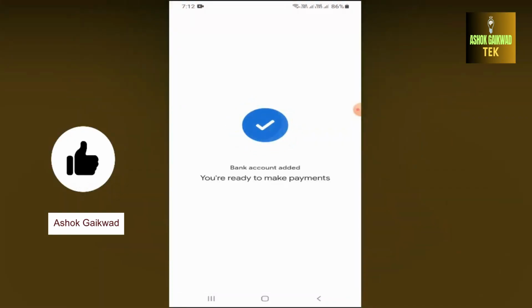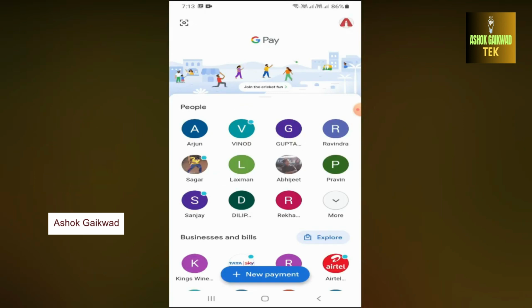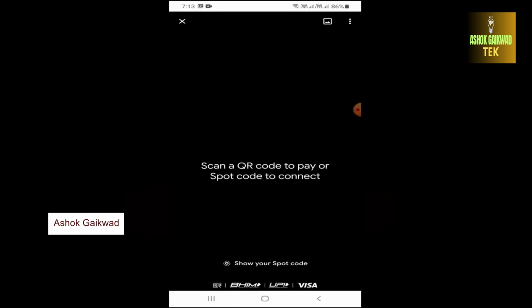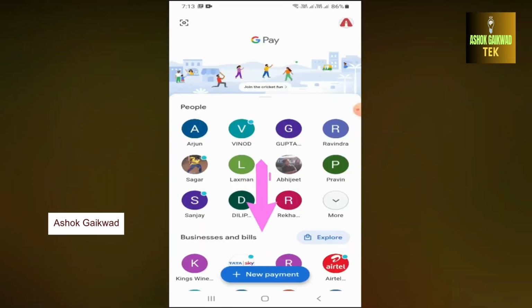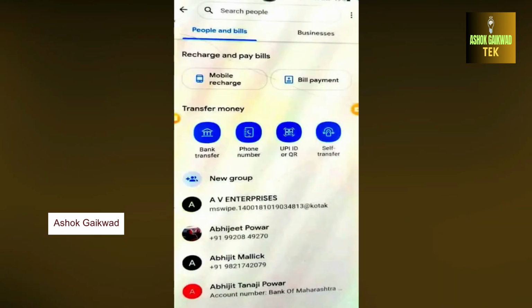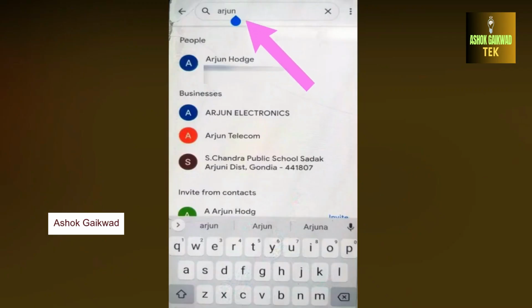Okay. So now I am showing you how to make a payment. You just click on the scan code option. You can see it at the top left corner, or you can click on the make a new payment option. Okay. In the new payment option you can see there are many options like mobile recharge, bill payment, bank transfer, phone number, right? So now suppose you want to transfer an amount to any person, so you choose the phone number option